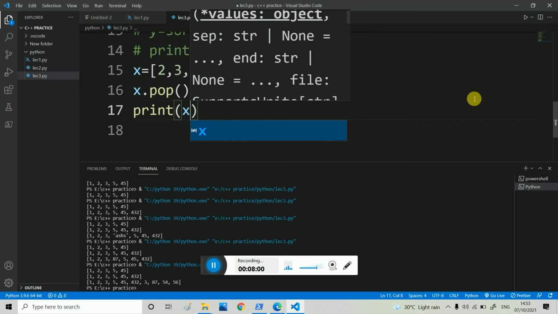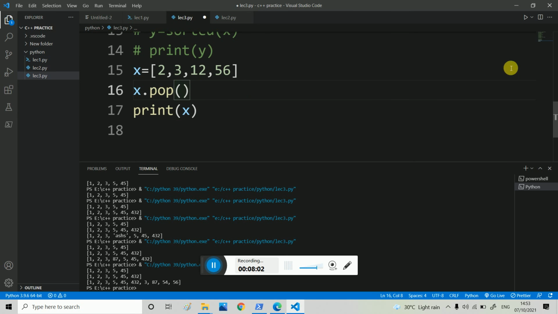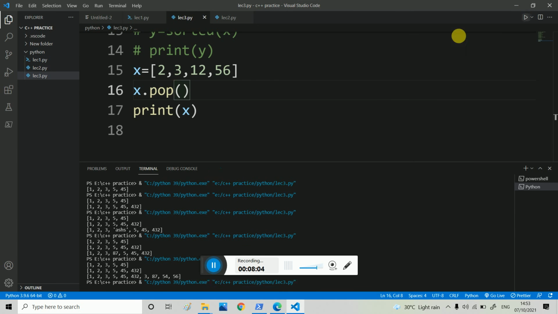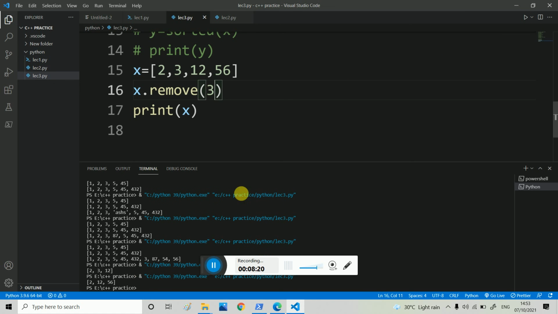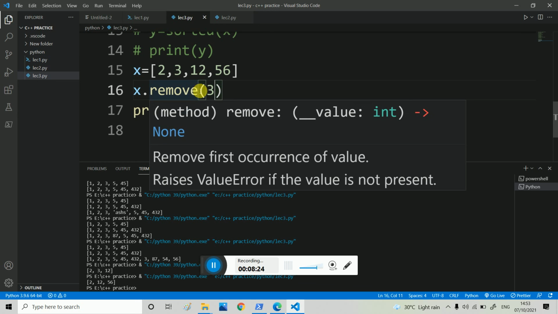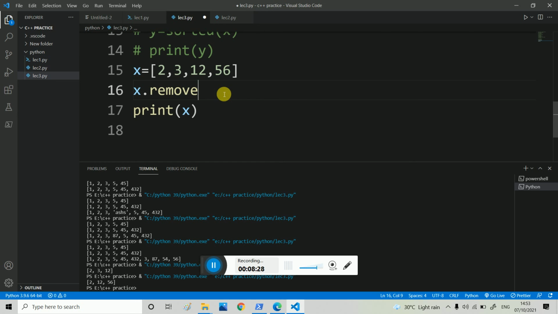This will delete the last element. I will run. 56 is deleted. Now I can write x dot remove 3, meaning 3 is deleted. So here 2 12 56. So I think you understand pop and remove.